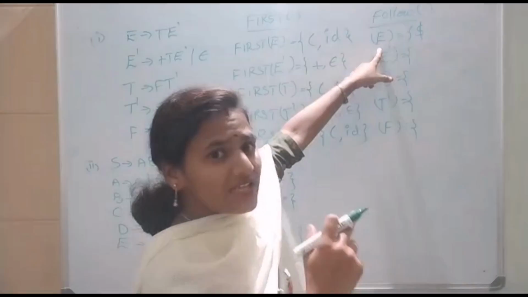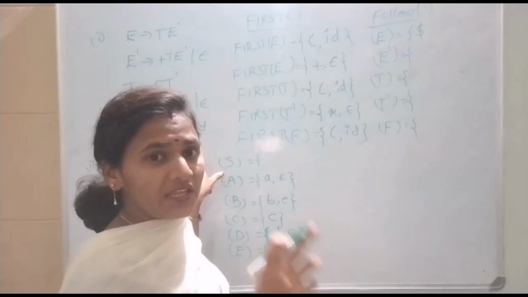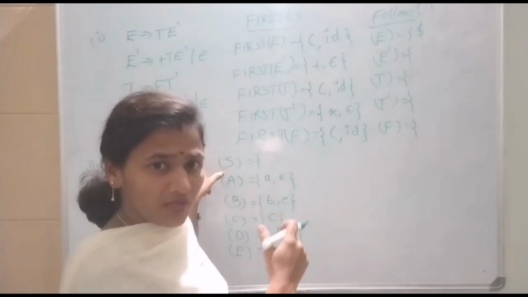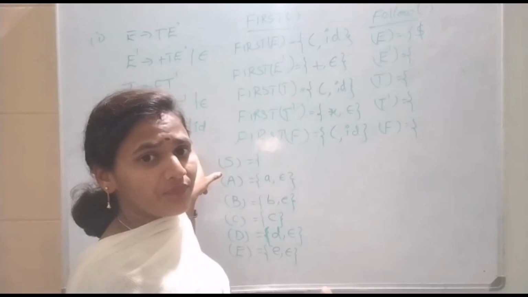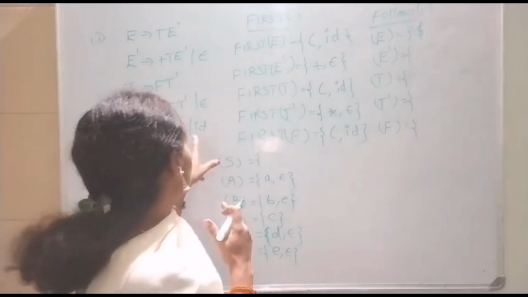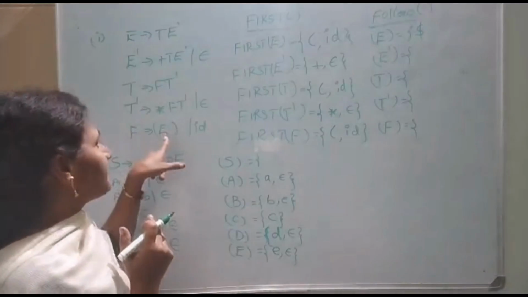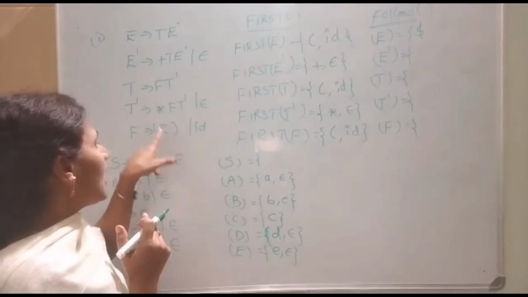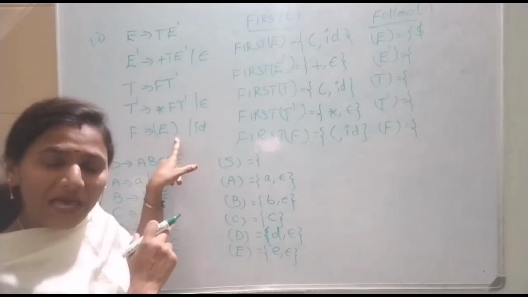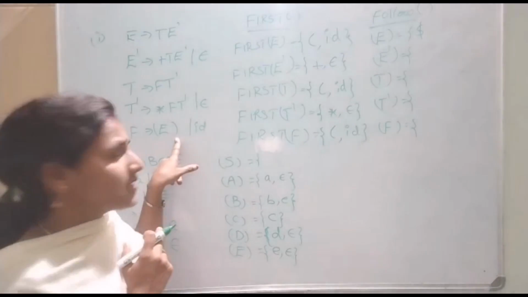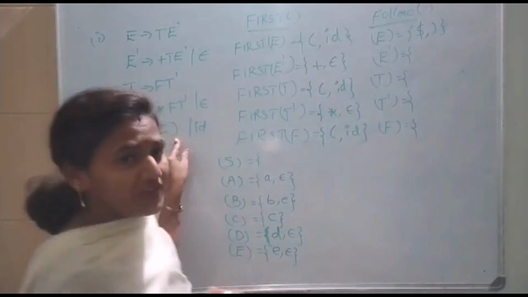Okay, now you have to check whether E is defined in the RHS of any one of the productions or not. If E is defined in the RHS of any one of the productions in the grammar, you have to check what is the immediate grammar symbol after the non-terminal E. So you can observe in the grammar, E is defined in the RHS of the productions. After E, we have the grammar symbol right parenthesis. That means here parentheses are also considered as terminals. So right parenthesis is one terminal for follow of E.